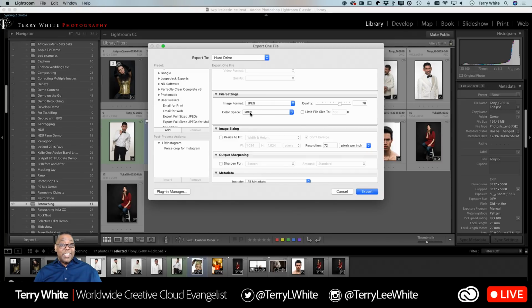I'm going to use sRGB, which looks better on the internet, on the web, on a screen than, let's say, Adobe RGB or ProPhoto. If I were going to send a high-res version for print, I would use either Adobe RGB 1998, probably 90% of the time, or ProPhoto. Quality,